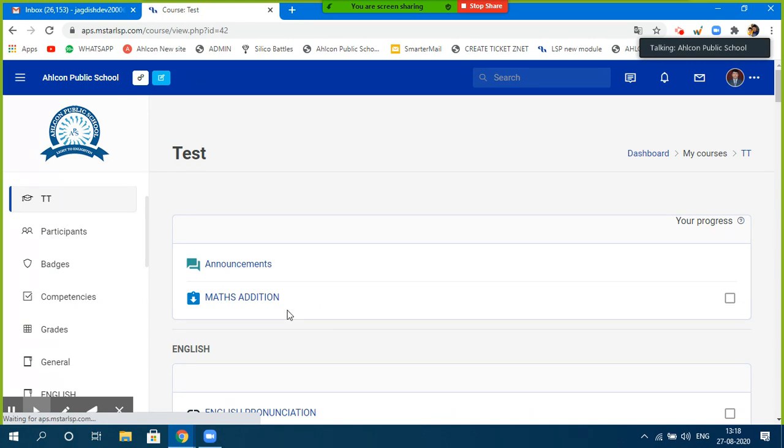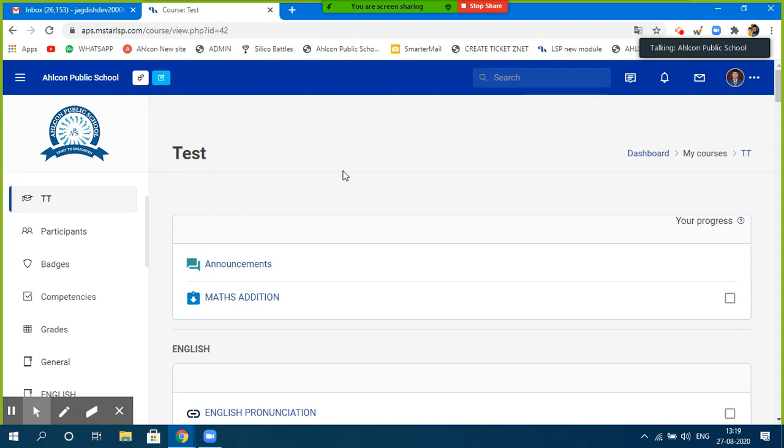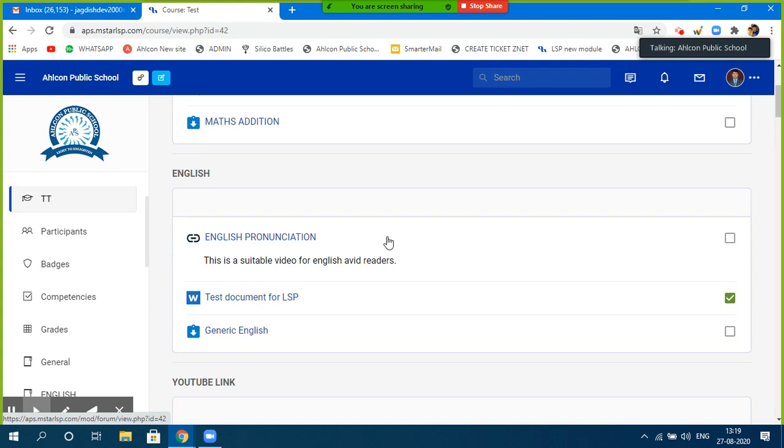And I have mapped one student to this particular demo class, from class 12th B. There's a student Ananya, so I've mapped that student with this particular thing. So I'll show you that student part also. So how the student will see all these contents which I'm going to upload for this particular class. Now this is the class which is being used for the testing phase. You can use your class.